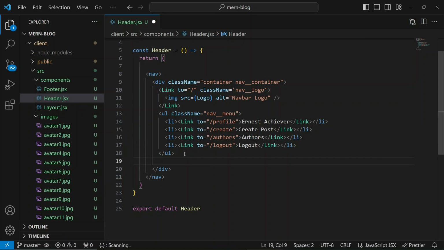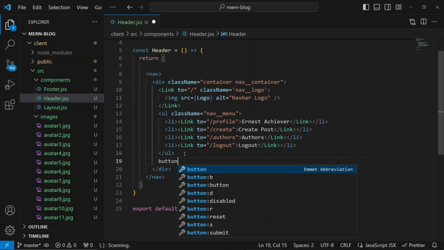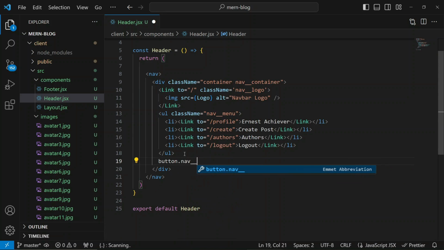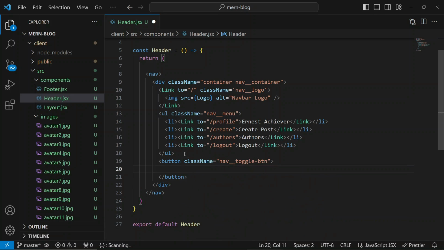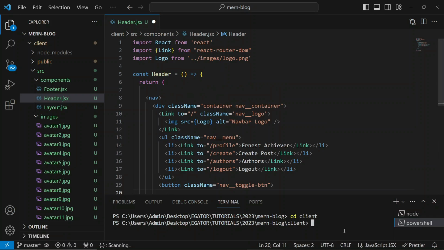A sibling of the unordered list is going to be a button with a class name of nav toggle btn, and this is going to have an icon. Now I didn't show you in the demo, but this app is fully responsive. So on mobile phones we want to have that big icon that we can click on to show these menus, right? So that is what we are going to have, and of course we have to install